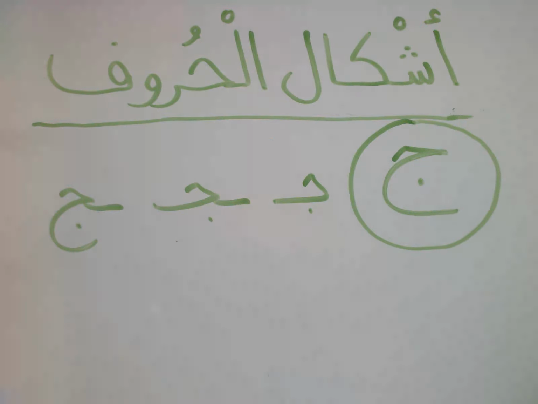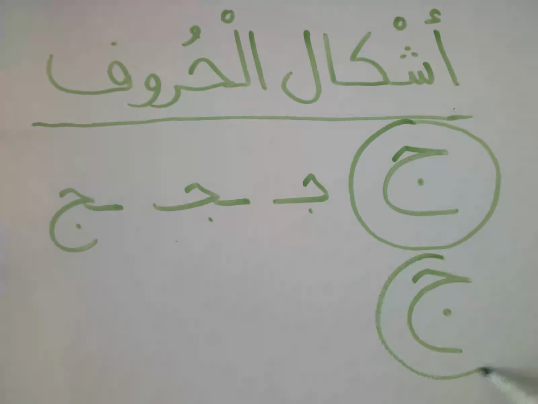Today I'm going to teach you specifically how to write the letter Jim. In Egyptian Arabic, this is pronounced Gim, but today I'm doing Levantine pronunciation, in the Levantine dialect. So today we're going to practice writing